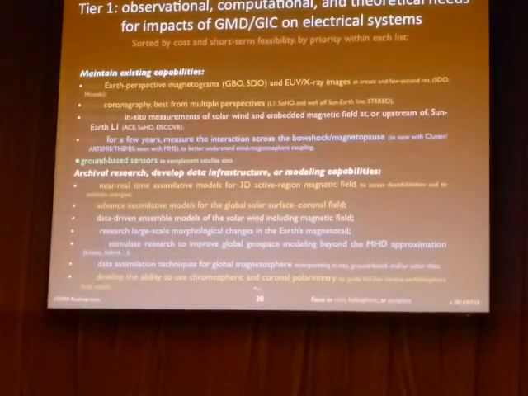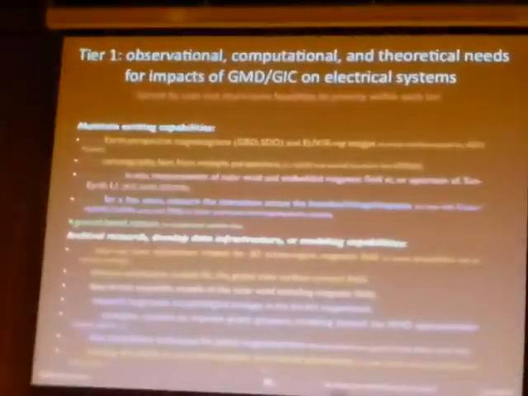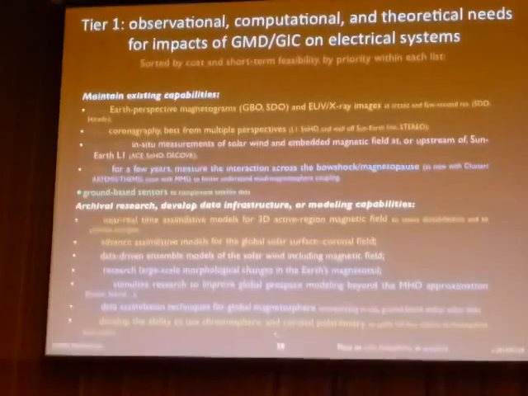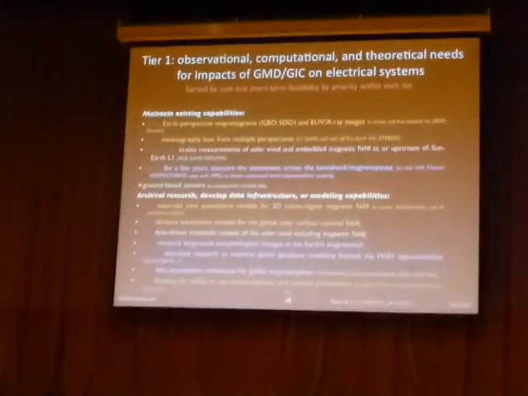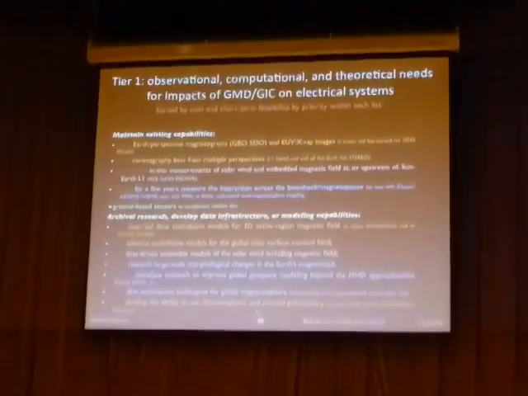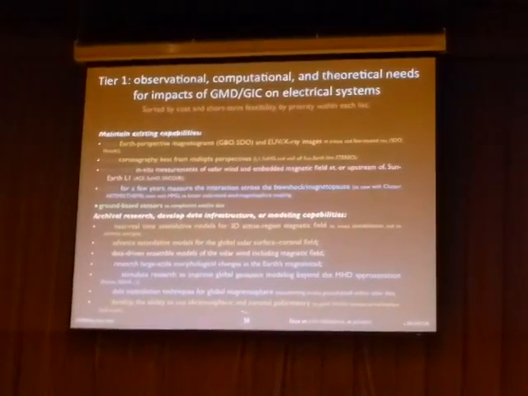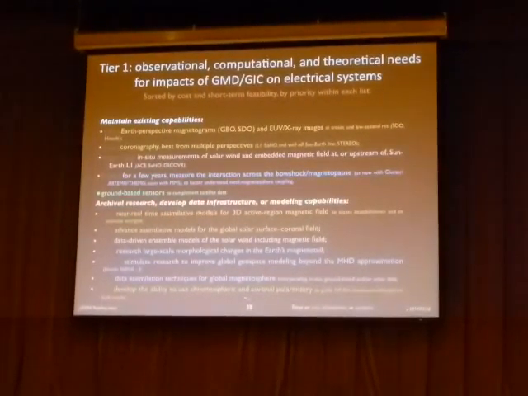What happens in these morphological changes to the Earth's magnetic field, the connection-driven changes in the Earth's magnetic field. And we have to go beyond the MHD approximation in many of these things. We have to create the ability for data assimilation techniques for the global magnetosphere. And we're thinking ahead on the solar side of getting polarization measurements of chromospheric and coronal vector magnetic fields, or at least line-of-sight magnetic fields in the corona. But we have yet to develop the capabilities to put those into a model for the global structure. So we better start working on that.